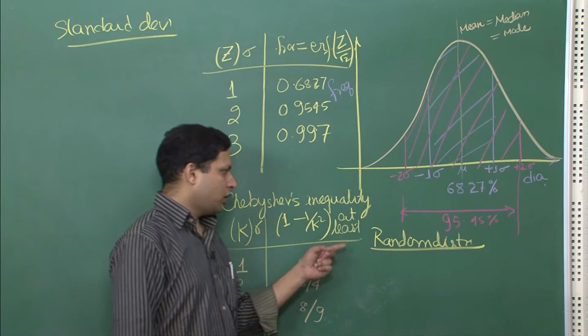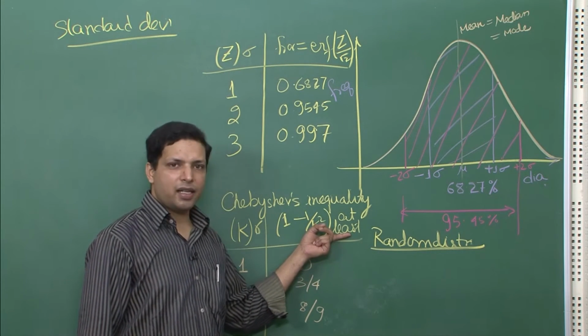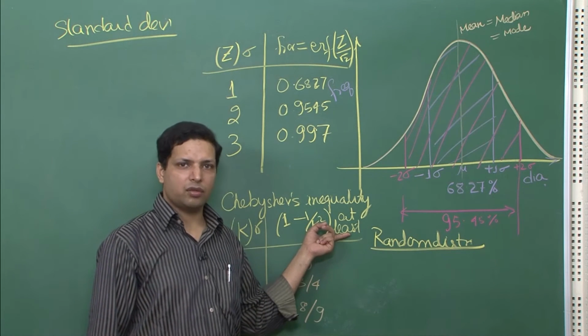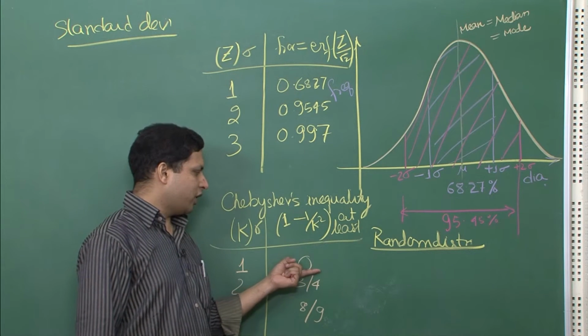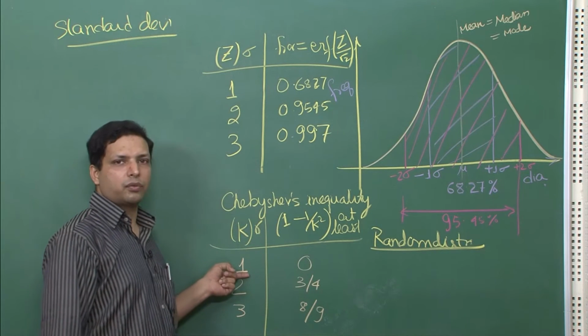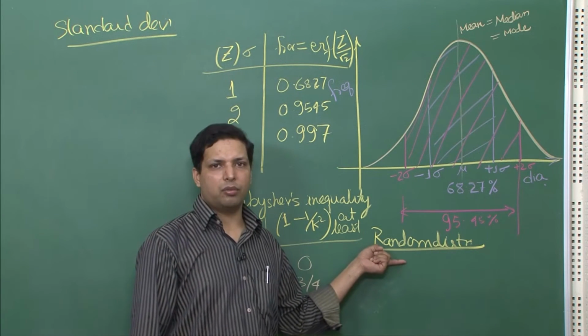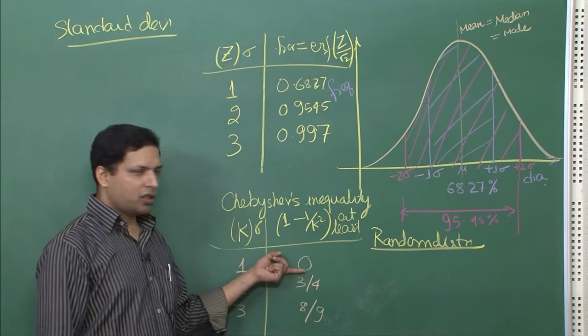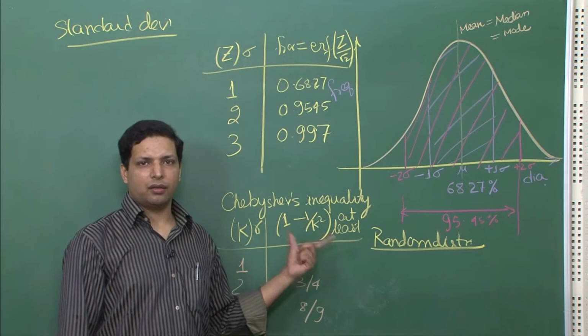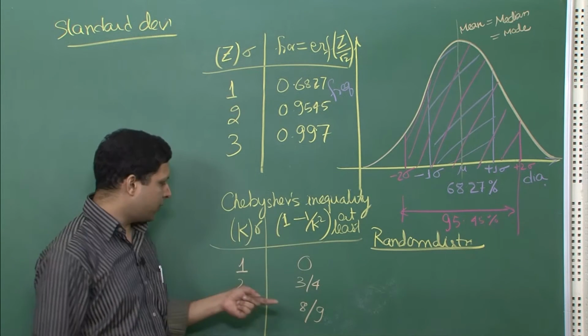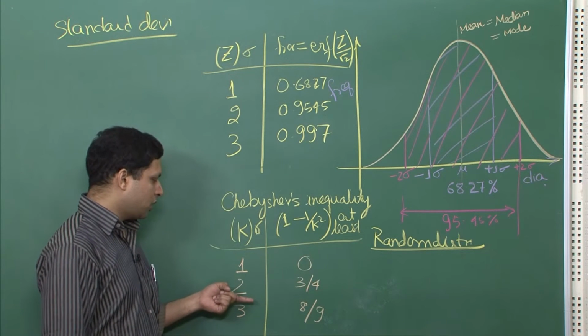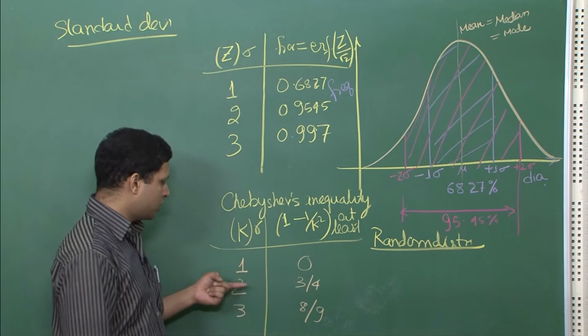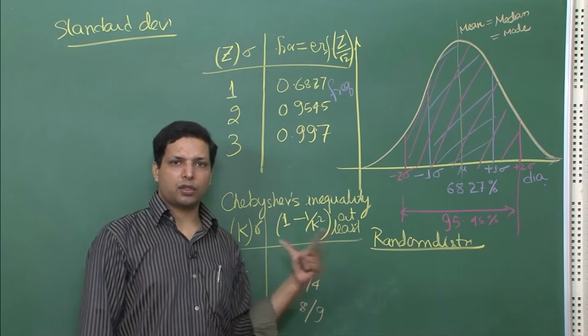But then again, if you go back to what I said earlier, it is saying at least these many data. So, it is saying that nothing can be predicted about plus minus 1 sigma when the distribution is a random distribution. It can have 0 data, it can have a lot more than 0 data, but not much can be said. But only when you go to k equal to 2, which is plus minus 2 sigma, then at least 3/4 of the data must lie within.